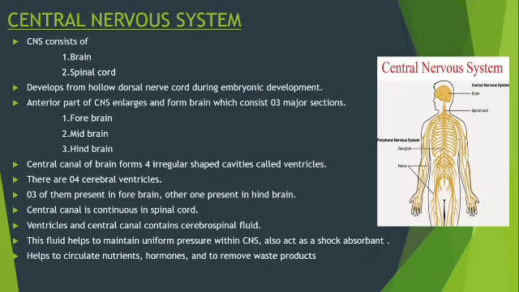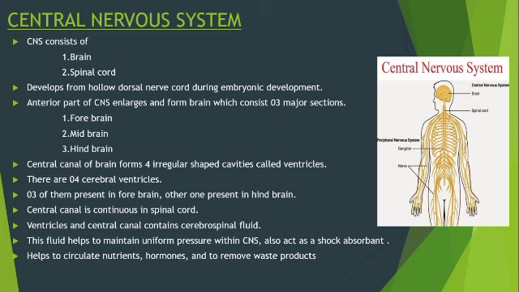And now let's learn about the central nervous system. The central nervous system consists of the brain and the spinal cord. In vertebrates, the central nervous system develops from the hollow dorsal nerve cord during embryonic development. The anterior part of the central nervous system enlarges and forms the brain, which consists of three major regions: forebrain, midbrain, and